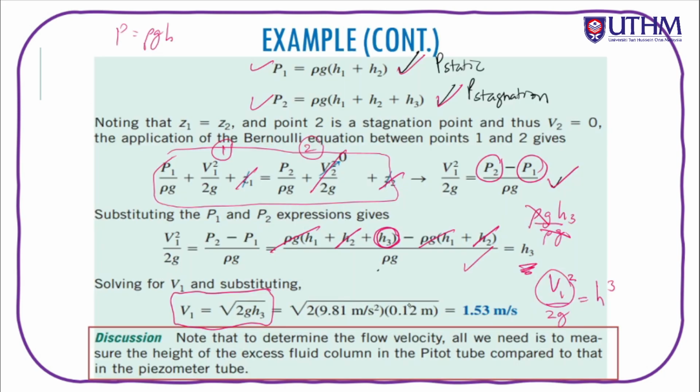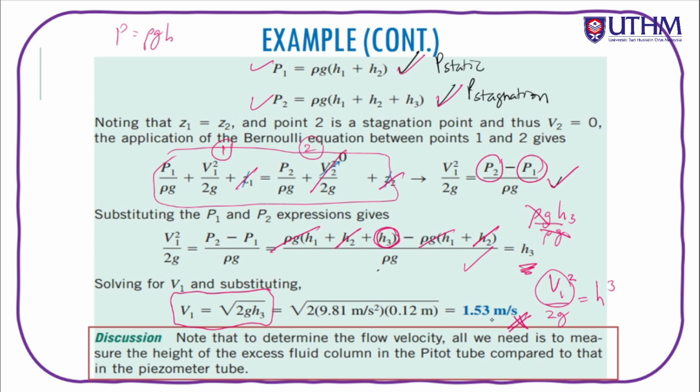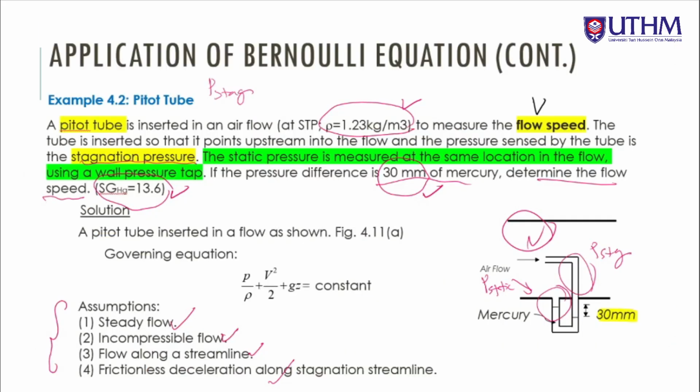12 cm equals to 0.12 meter and then kita dapat the value of the velocity of the fluid flow dalam pipe ni equivalent to 1.53 meter per second. And kalau kita tengok kan, yang ni kecil pula kan. Yang sebelum ni, untuk case sebelum ni kita dapat